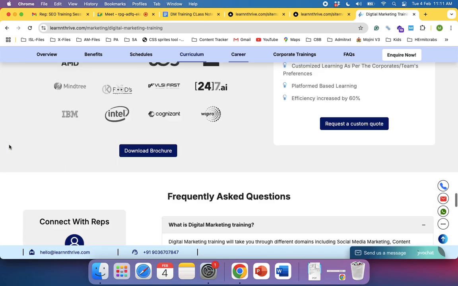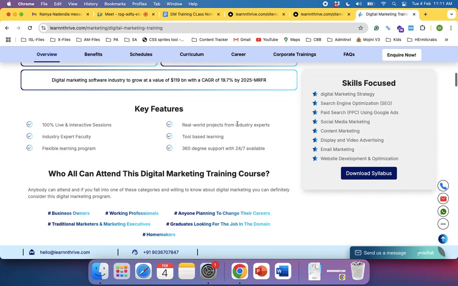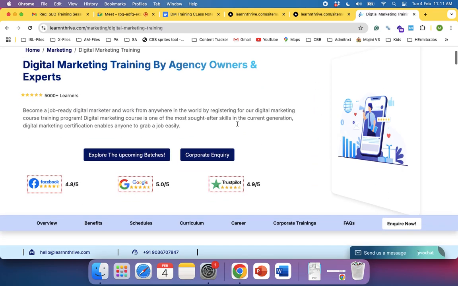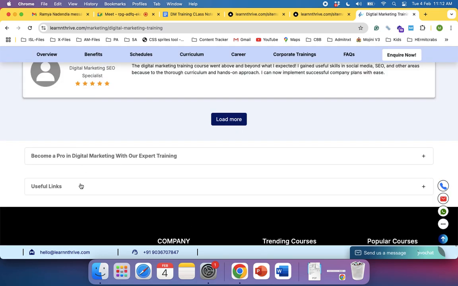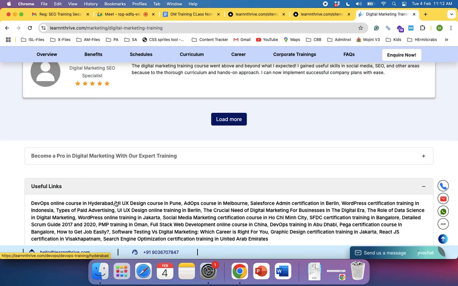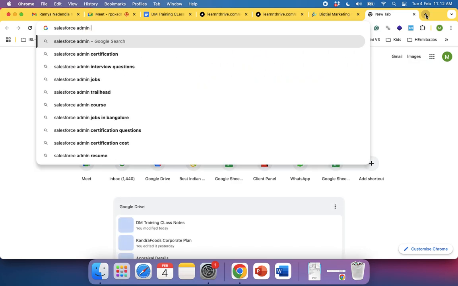Right? So that's when somewhere you can drop links to your other pages. You can put those links anywhere within this page. But dropping them anywhere on this page could be cluttery or may not be that convenient for the end user. So we are dropping them at the bottom. DevOps online course in Hyderabad, UI UX, AdOps course in Melbourne, right? Salesforce admin certification in Berlin, Salesforce admin certification Berlin,